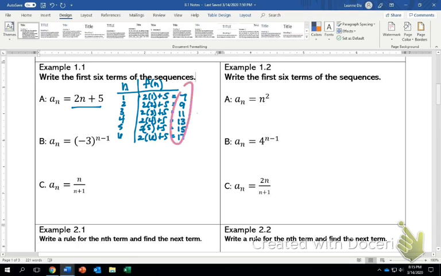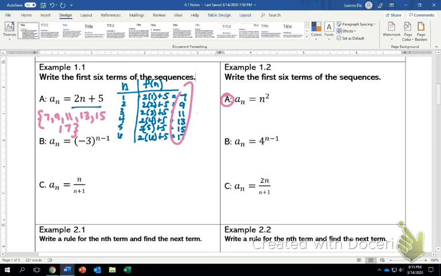And so my answer for this is going to be the list of these numbers right here, all of these. I can write it as a sequence: 7, 9, 11, 13, 15, and 17. Because they asked for the first 6 terms, I'm going to end it with that. I'm not going to put my ellipses. I'm just going to end it right there. So the same sort of process happens again and again. And I can use my calculator for the next portion, or I can just do it in my head. So an example